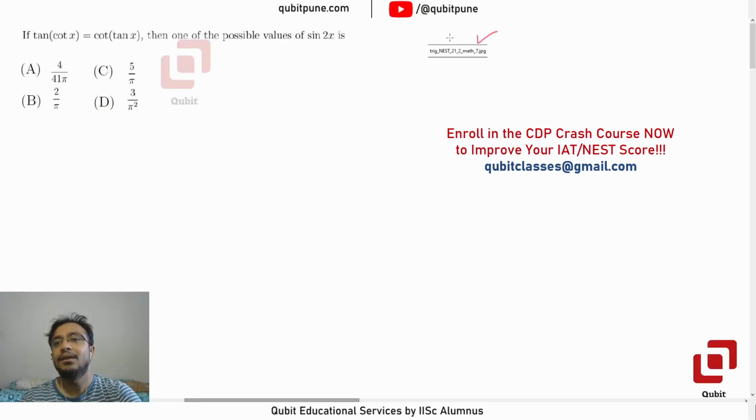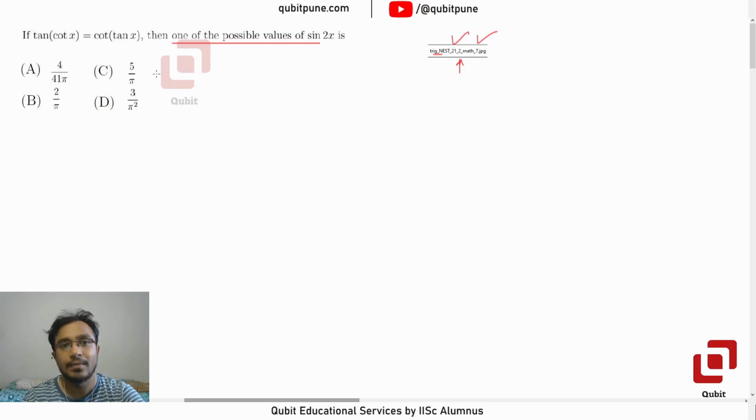Question number 7 from NEST 2021 second shift. This question is from trigonometry, trigonometric equations in particular. If tan of cot x is equal to cot of tan x, then one of the possible values of sine 2x is 4 by 41 pi, 2 by pi, 5 by pi and 3 by pi